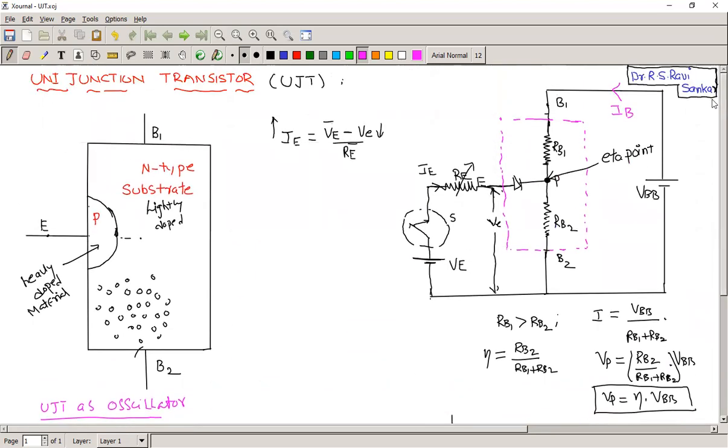Thank you very much for your attention. This is a brief about the UJT, the unijunction transistor. Next class, we are going to use the UJT as a synchronized UJT triggering circuit for the SCR. This is a more practical circuit that we are using in practical applications. Thank you very much for your attention on the basic power electronics course.